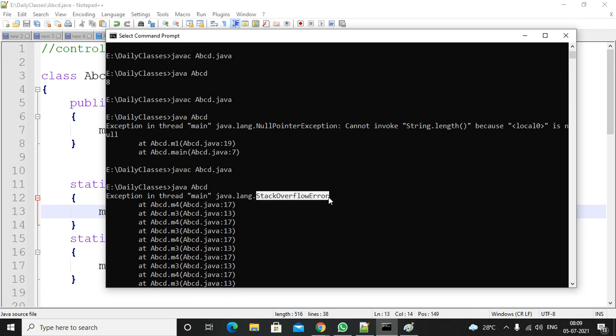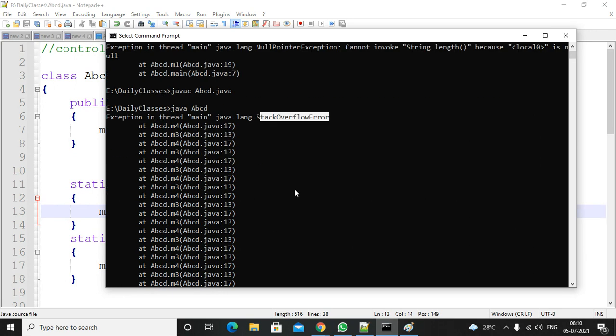Stack overflow error. Here it is showing that error. When you get an error message at runtime, that is called an exception. So this is also one kind of exception. This exception type is an error type. In exceptions, there are exceptions and errors. So this type is an error type, StackOverflowError.